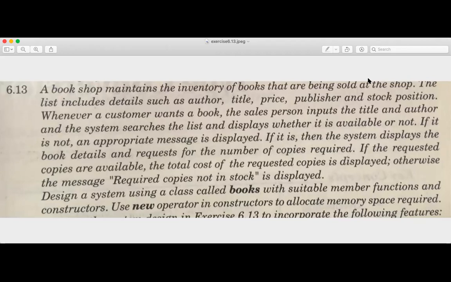This type of example you will get only in your study, for study purposes only. For a project, or if you are in an MNC, you will not get this. It will be: design a library or design a bookshop. Design a bookshop through which the user can get the books according to the stock availability. Only this statement is there.